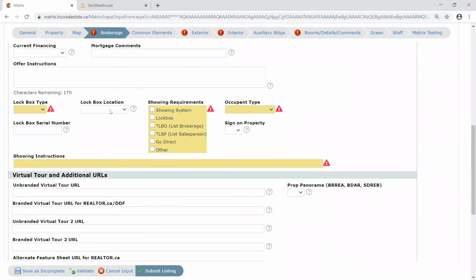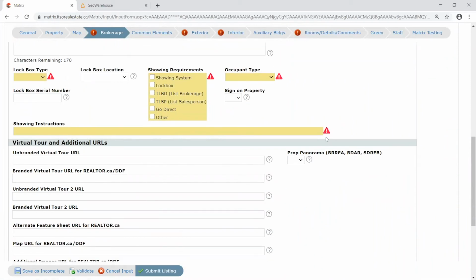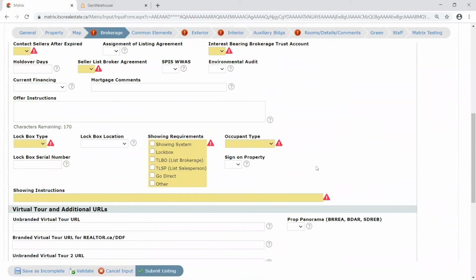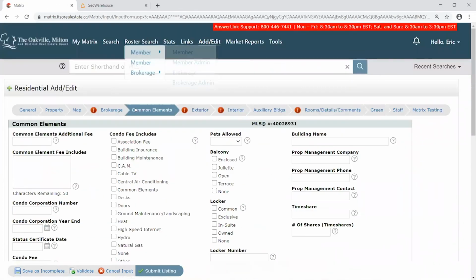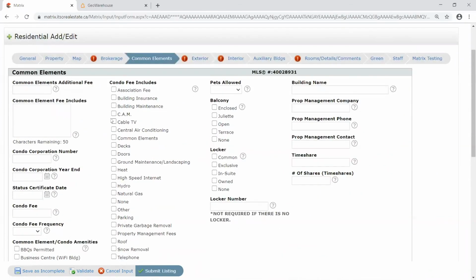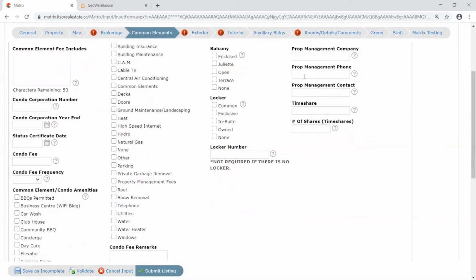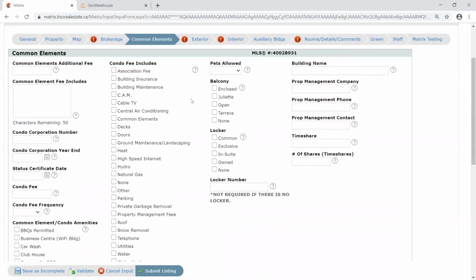Okay, lockbox type setups when it comes to your showing instructions, very, very straightforward for you to work through as well. We don't have any common elements. If you remember, if we chose condo and condo unit under our general property type, you would see this thing light up, right? There would be a whole bunch of mandatory options because we'd be working from the condo as an importance. Making our way into